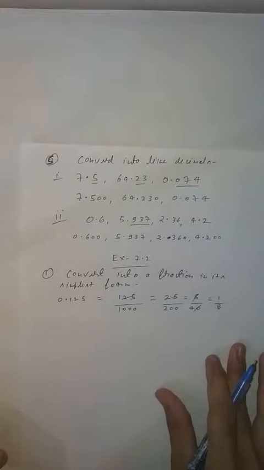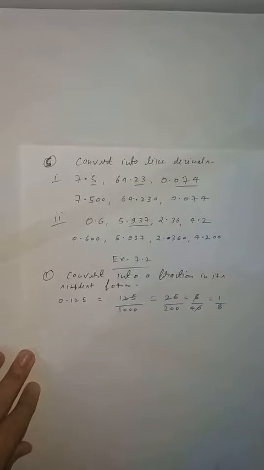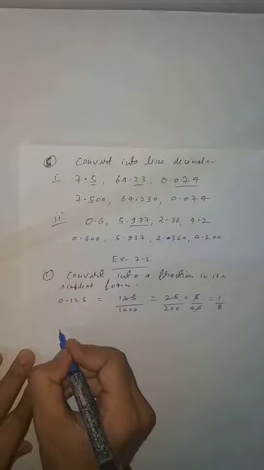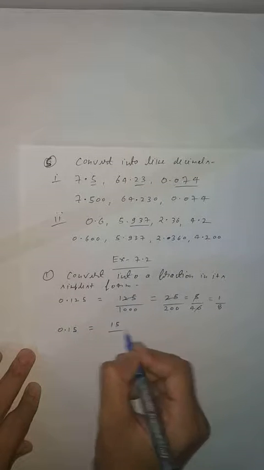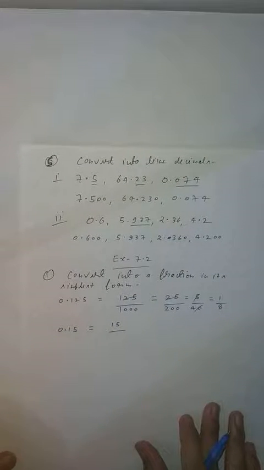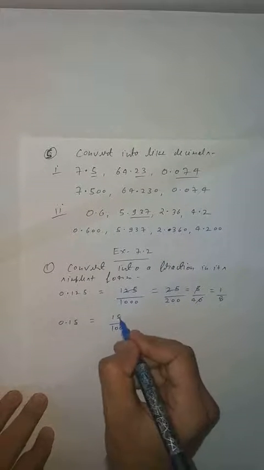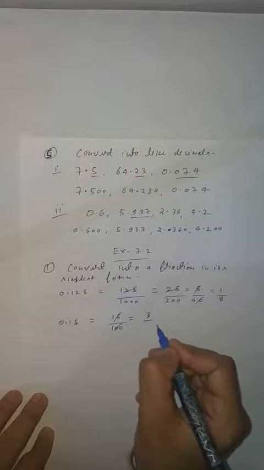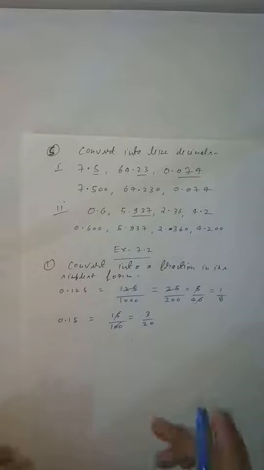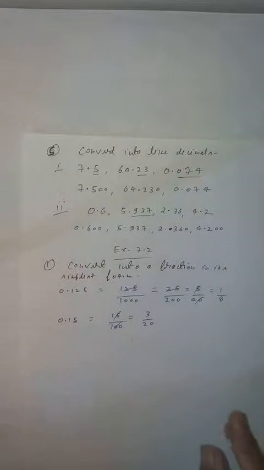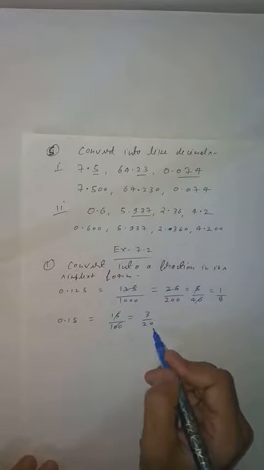Okay, student? Now take another example. Like it is given 0.15. Clear? You can write 15 over what? After the decimal how many digits are given? 2. So you can say, sir, I can write 100, that is 20. Reduce it. 5 3s are 15, 5 2s are 10, 0. Can you further reduce it, student? You can say no, sir, because 3 and 20 are given. No single number divides both. 1 is there, so when you divide by 1, the same answer will come.